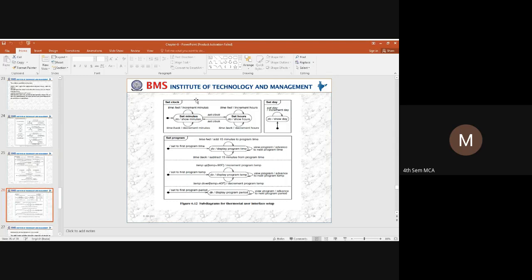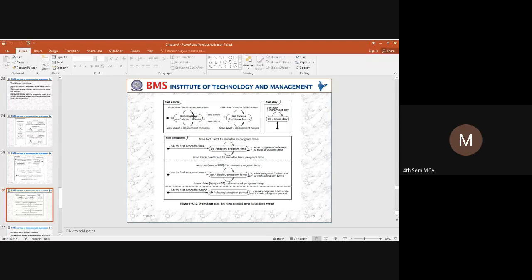For setting the clock, this is a sub diagram. The clock can be set in minutes, hours, and seconds. From the initial state, we are setting the minutes. It will show the minutes. We have repeated settings that can be taken care of. This loop indicates that we can either increment the minutes, or we can forward the time, we can backward the time, or decrement the minute.